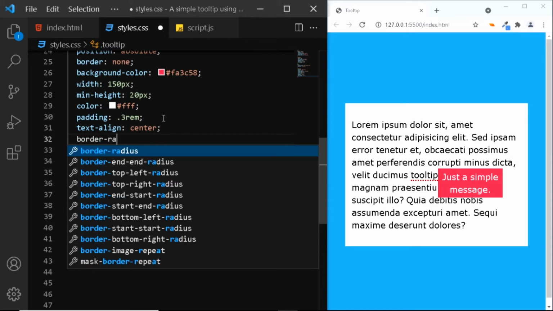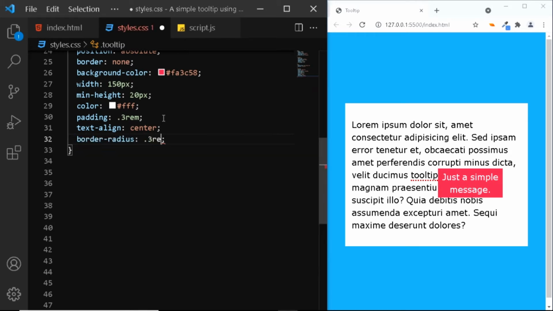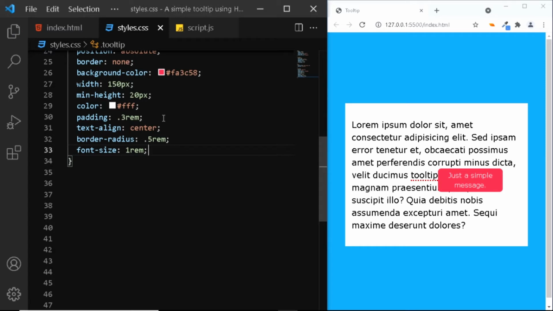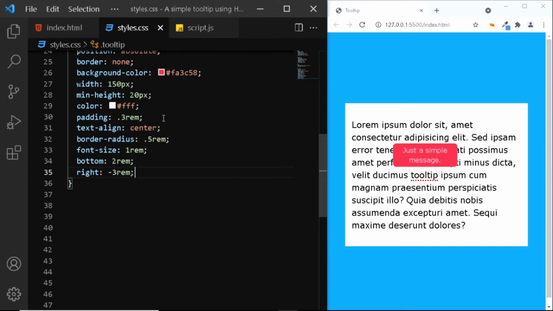We'll give it a border radius of 0.5rem. Let's set the font size to 1rem. We'll position it at a distance of 2rem from the bottom and negative 3rem from the right.